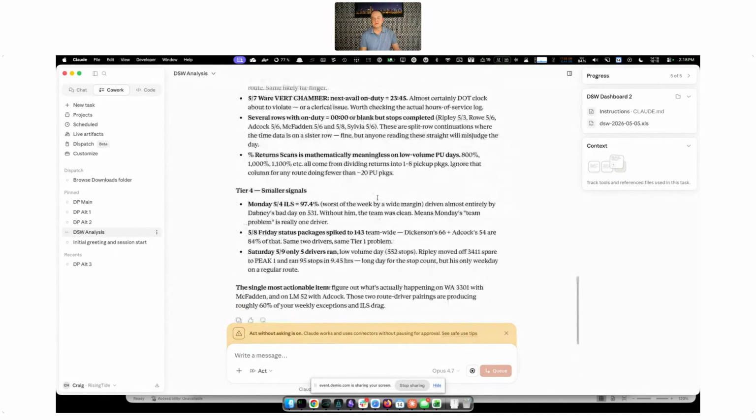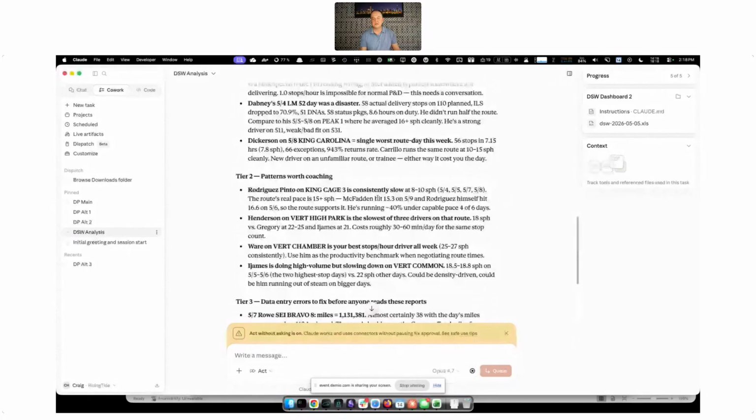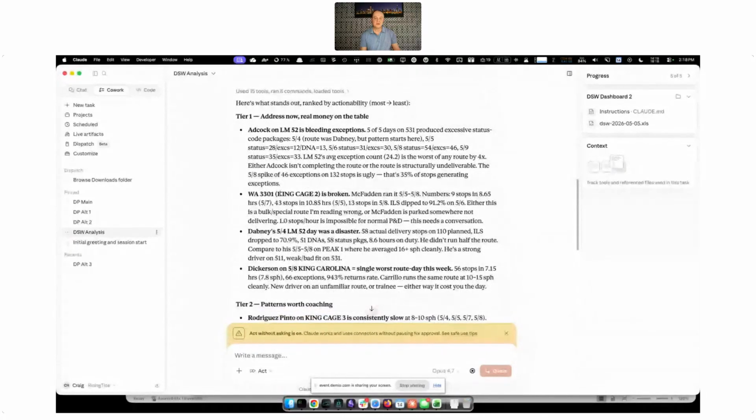One of the things that I was going to talk about earlier, in this particular CSA, they have some caged routes, which essentially, the AI doesn't necessarily know that this work area is broken, because it's actually not broken. We're actually pushing things into a cage to hold for another day. But this is something you could teach the AI and say, hey, anytime there's a cage route, don't think of that as an issue, and that some driver's having a performance problem. So the more you teach the AI, and I say teach on purpose, the more you tell the AI about your data set, about your operation, the more it remembers when it starts to do these things and says, okay, now that I've got a